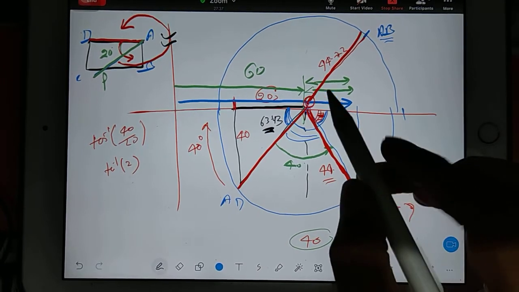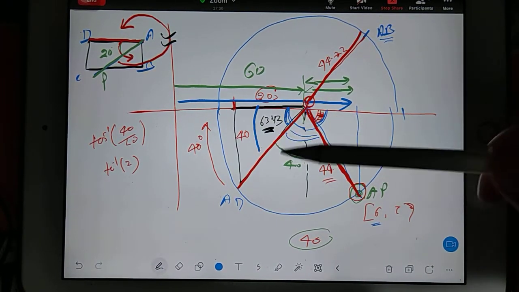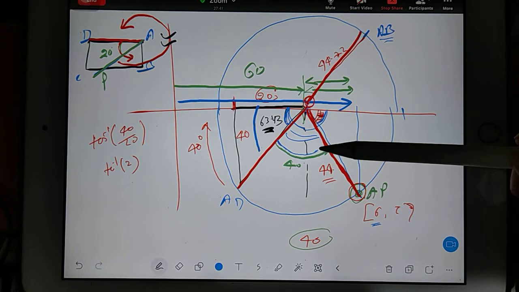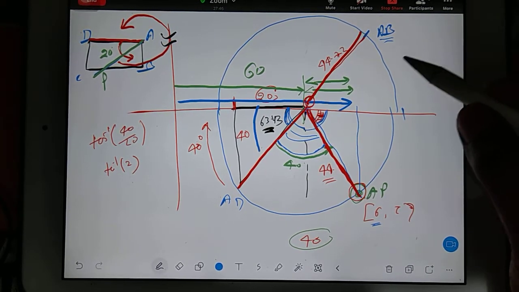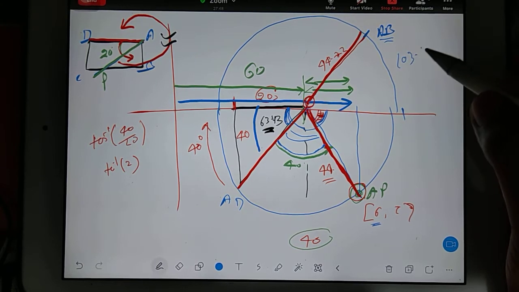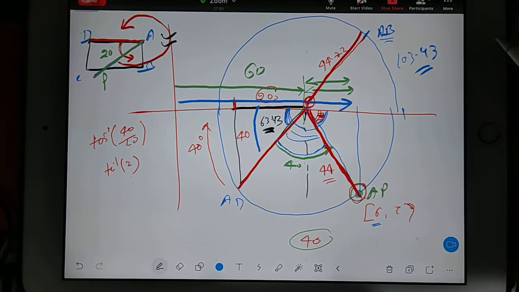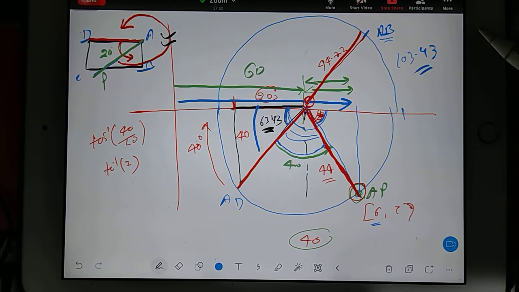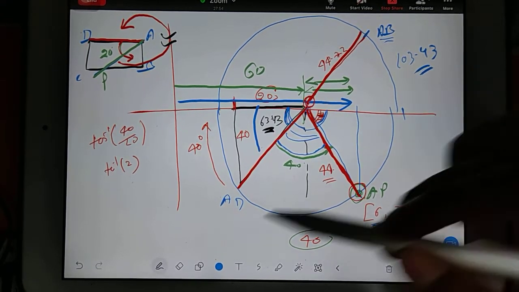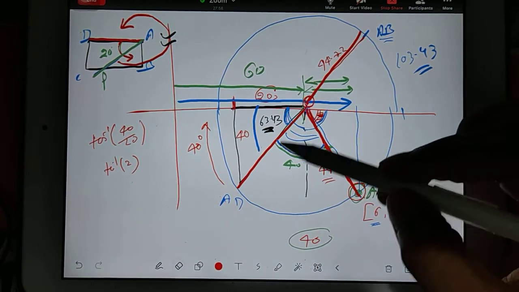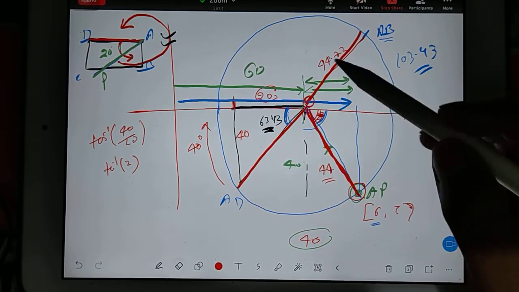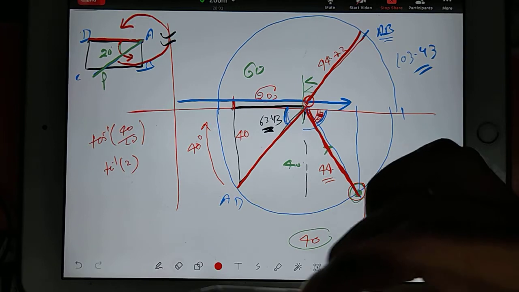No, both you have to subtract. This angle also you have to subtract and this angle also you have to subtract. I mean you have to subtract 103.43 from 180. 76. Okay. But do you understand why I am finding out that angle?